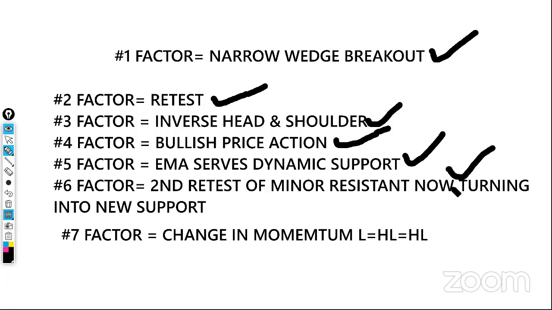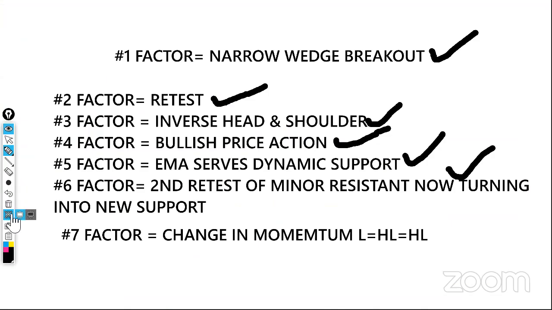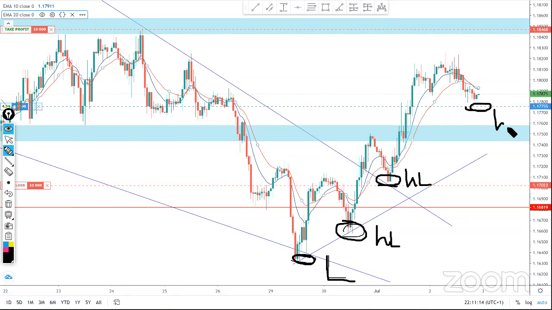I'm gonna screenshot this so I can send this to you guys, so you guys can have this. Okay, done. So I'm gonna show you right there the swing high low, high low. This is the low right here. Let's make this a very bold pen so you guys can see. There's a low right here, a high low, and a high low. So what I'm expecting right here now, this zone should act as a new high low again for a more bullish rally, which will turn into a swing trade.